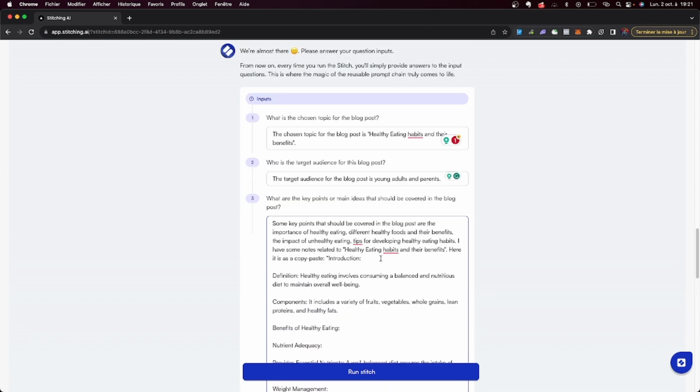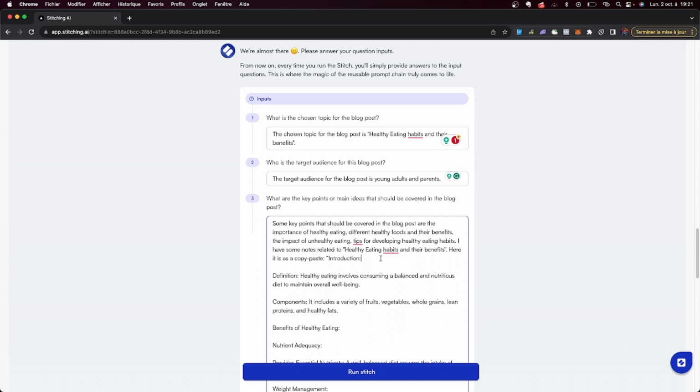So really the goal with the inputs is to be as detailed as possible and to give the most information that you can, which is relevant, and to give the information that the LLM, the AI model, couldn't know before you gave it. Most of the things that the LLM can do is research and know about a lot of topics, but the key specific important points that you want to include in your outputs cannot be imagined by the AI. So this is where the inputs come in clutch,